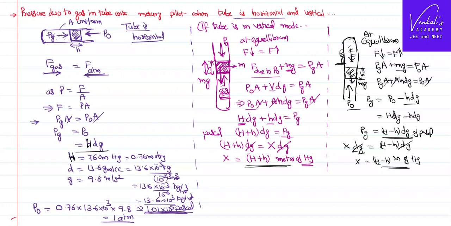All this is based on a simple concept that the forces are balanced. We are just using the equilibrium formula to solve. We are identifying only the forces acting. Pressure of a gas always tries to push the mercury pellet up. Atmosphere always tries to act in the direction that is shown to you. Weight, of course, always acts in the downward direction, right? That's how we can understand the position of the